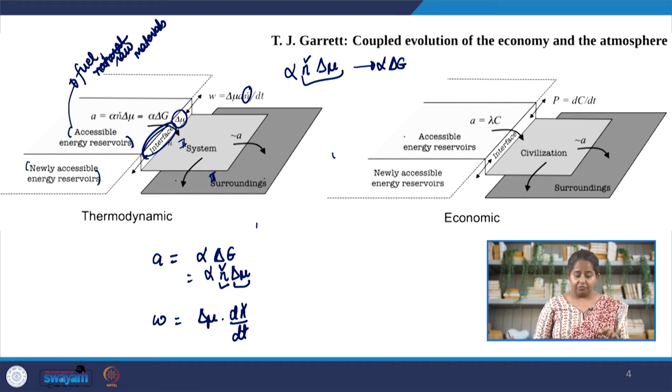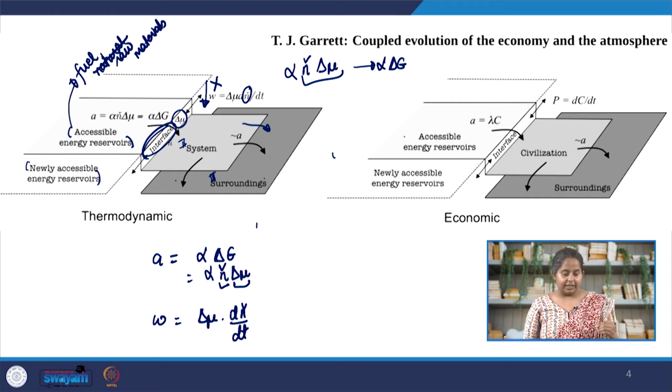Now, another thing that we need to understand is that the potential energy difference between the reservoirs and the system, which is guiding the movement of materials from reservoirs to systems to surroundings, is also making sure that the system does not decay. If this fall stops, if the uptake of reserves stops, the system diminishes, it starts decaying, because it's always losing dissipatively to the surroundings.